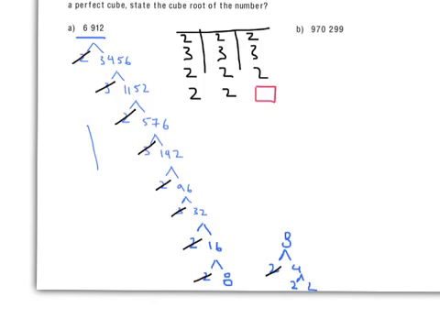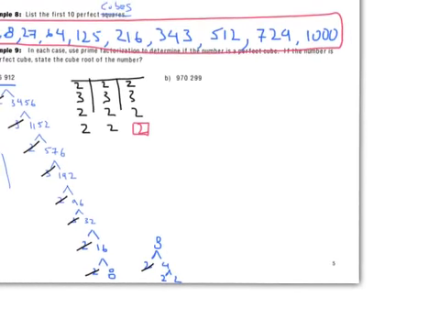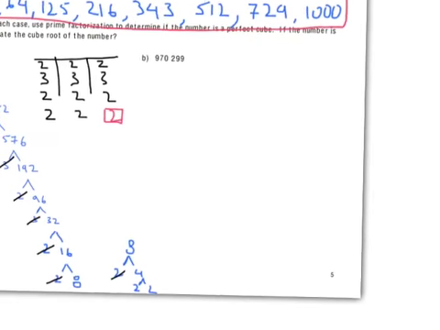Let me double check this. Yeah, so this number 6,912 is not a perfect cube. I'm missing a 2 over here. If I had a 2, then it would have been. Okay. Let's do the last one together over here, and this will be the last question, last example of today's lesson. So we have a really big number,